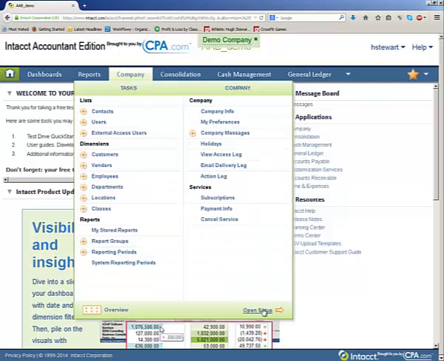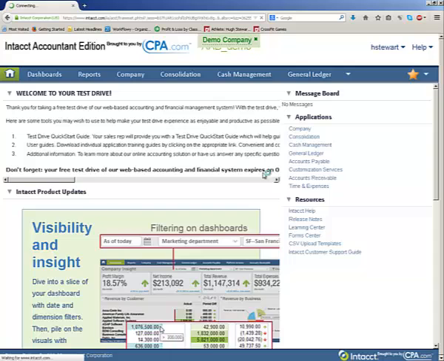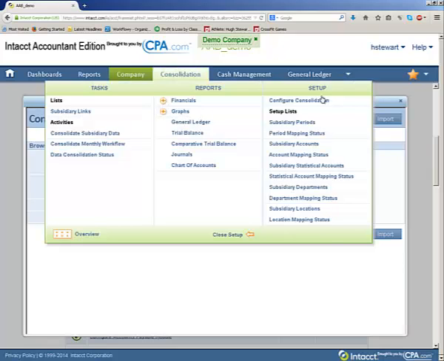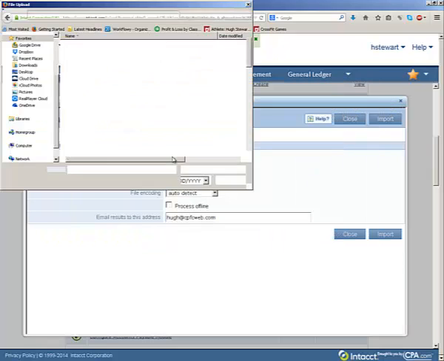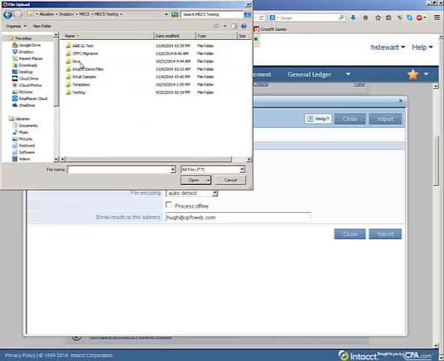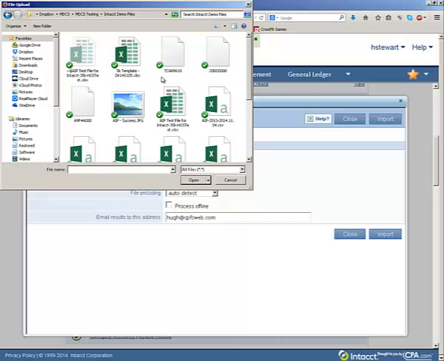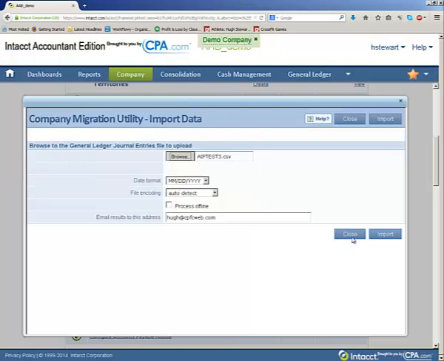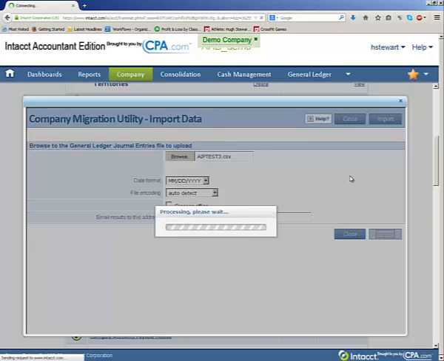We're going to go to the area where we can import general ledger journal entries. We've gone ahead and set that up. We can select the file that we put into our folder, and that was AIP test3.csv. We go ahead and import, and while it's working, I'll just let you know that the program that we've created again has the ability to